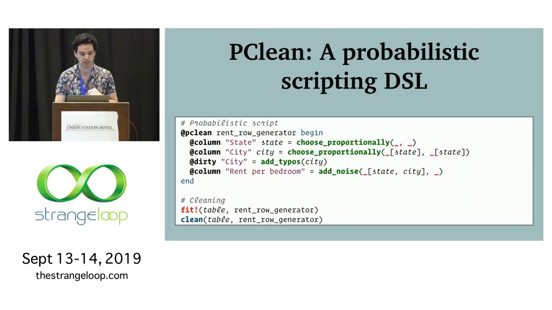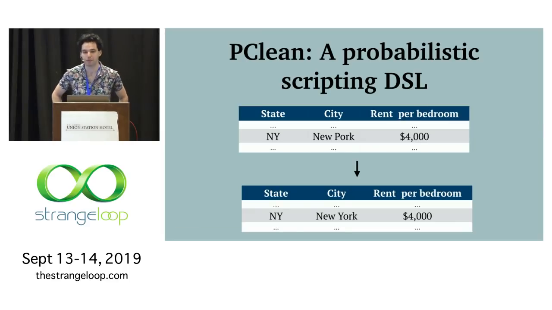So for example, if we have a big data set and only one row has this city Newport in it, the system is going to compare the hypotheses. On the one hand, it's possible that there is a city called Newport, because we haven't told it what cities exist. But if that were the case, it would have such a small population that only one entry from this table came from it. And so then it's comparing the probability that we got the one citizen of Newport versus the possibility that one of the millions of citizens from New York made a typo. And so it's going to correct it to New York.